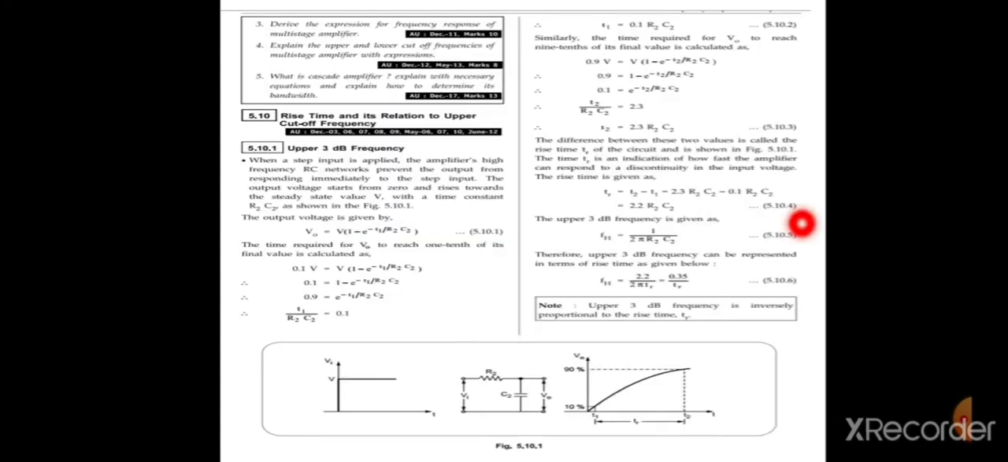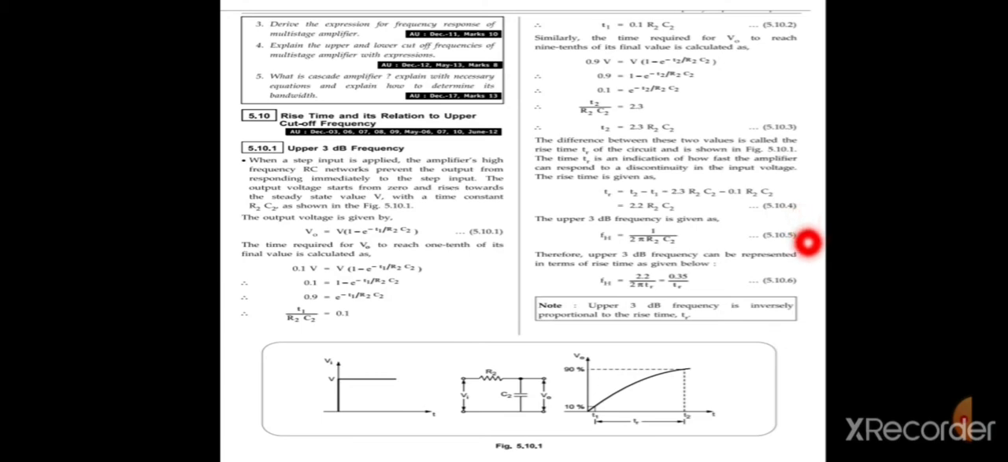Rise time and its relation to upper cutoff frequency, the upper 3 dB frequency. When a step input is applied, the amplifier high frequency RC network prevents the output from responding immediately to the step input. The output voltage starts from 0 and rises towards the steady state value V with a time constant R2 C2. As shown in the figure, here we obtain the equation as V0 equal to V into 1 minus e power